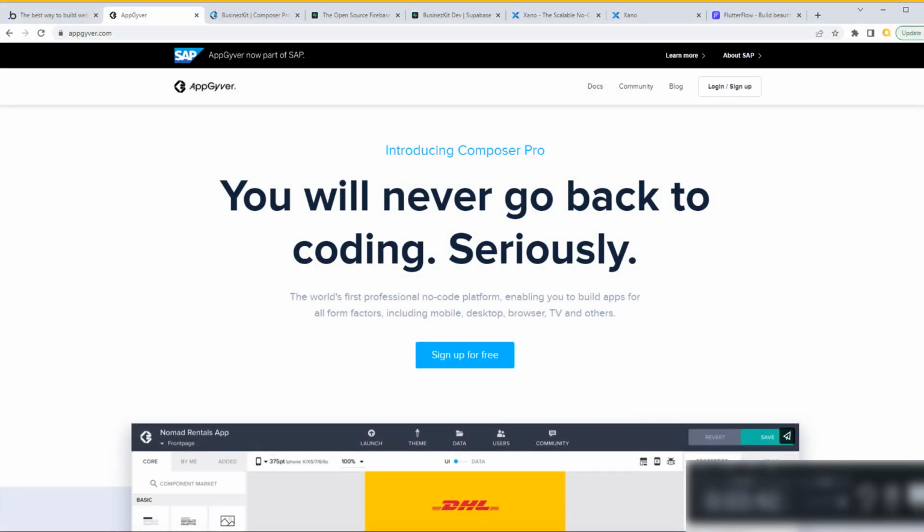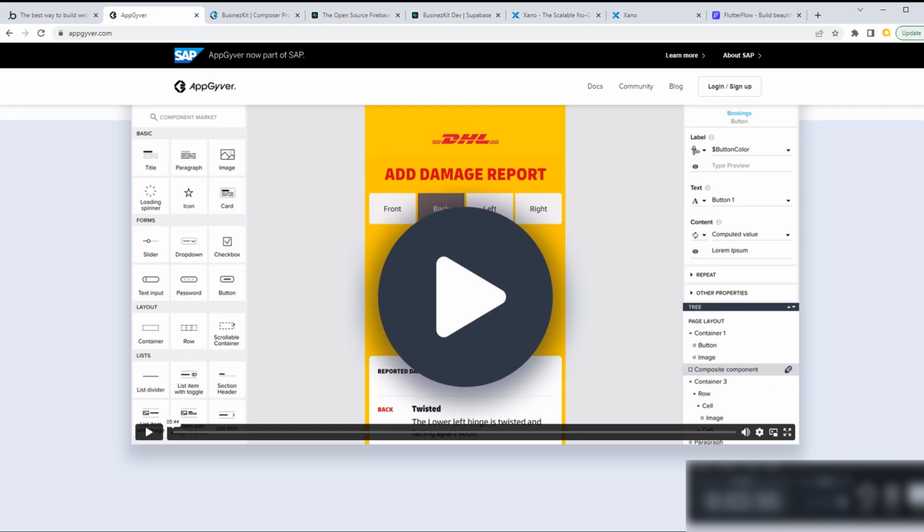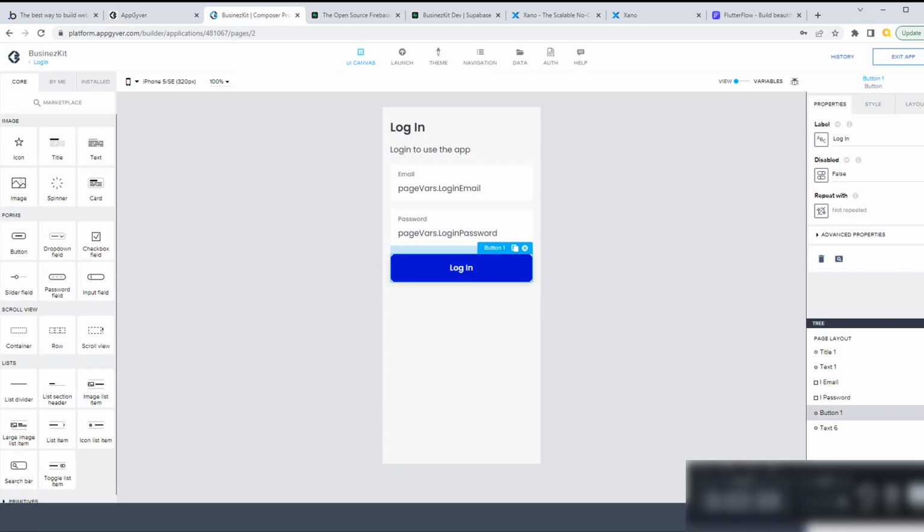AppGyver for me is something where it's only happened twice in the no-code space where something has sent shivers down my spine, and the first one was obviously Bubble. But AppGyver, once I got into it and I realised what was going on here, is something really good. And one of the things that I really like about AppGyver